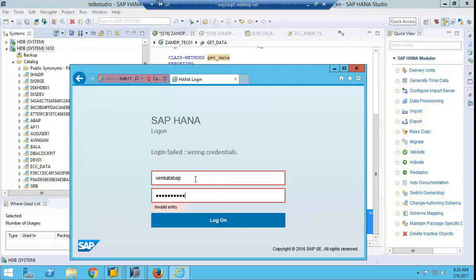Oh, sorry. Here we are logging in to the system, right? Database system. You have to give the database user ID and password, not the ABAP user ID and password. Just give me 1 minute.